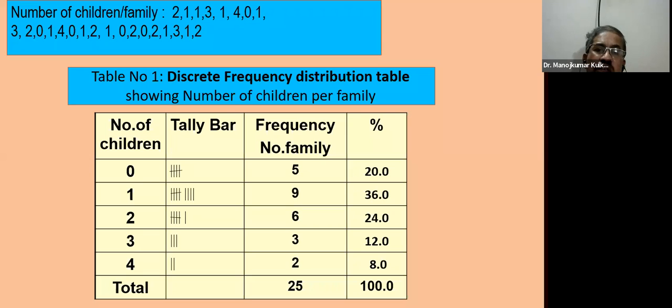So when we prepare the frequency table in SPSS, what we get is the count or frequency. When you report it according to the study unit, it may be number of families, number of students, number of persons, or number of customers; accordingly you have to prepare this. So this is about the discrete frequency.